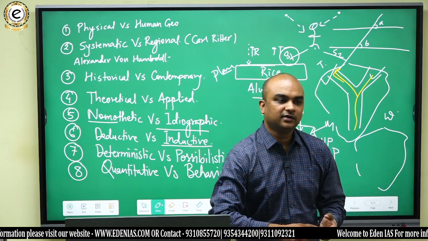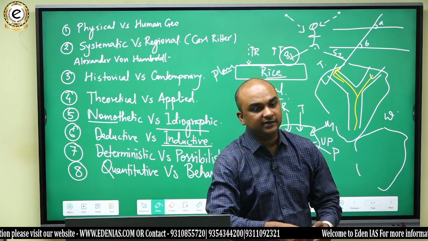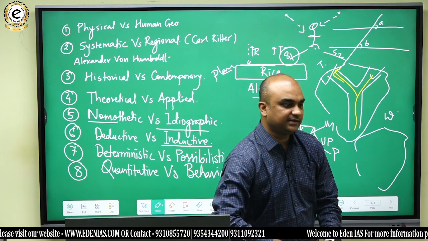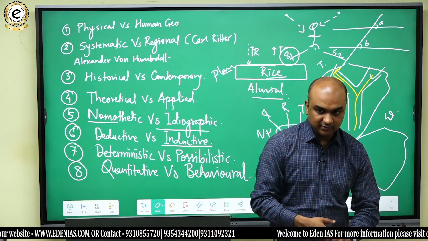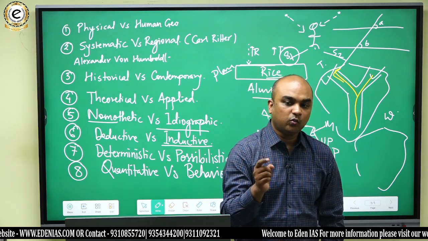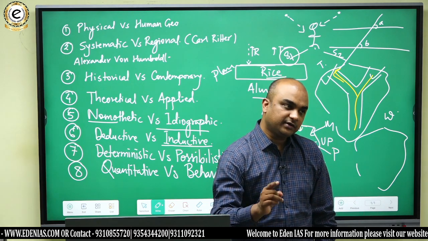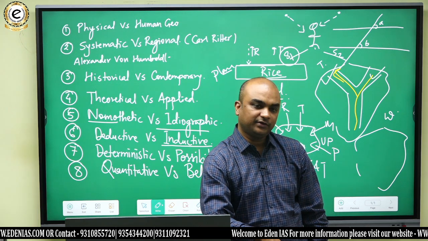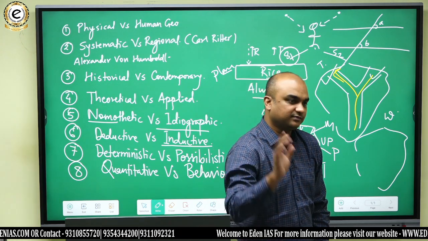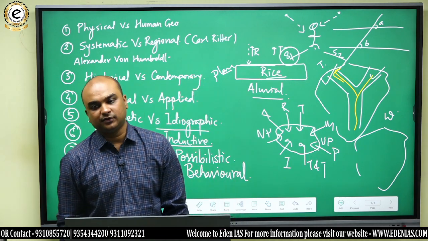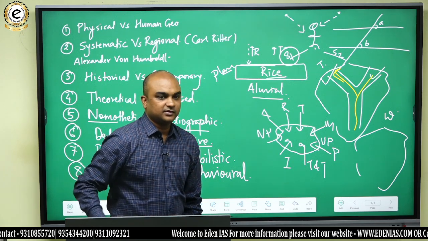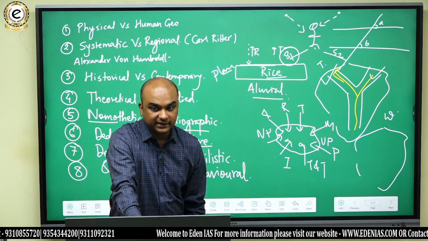In bracket you write physical and human, close the bracket, over a particular region, or over one particular region, कुछ भी लिख सकते हैं. Put a full stop. For example,